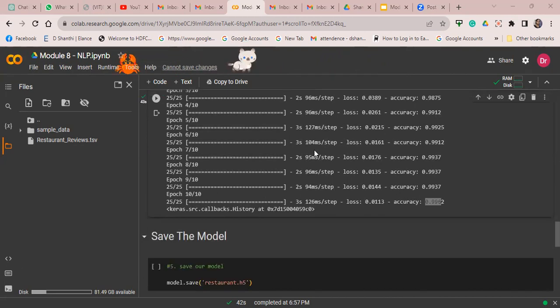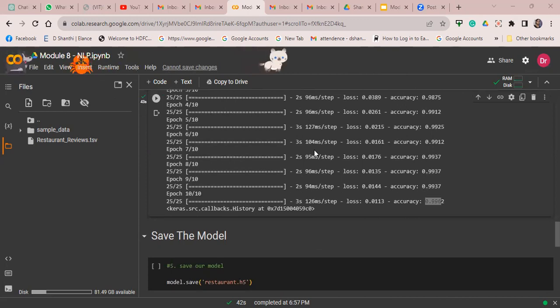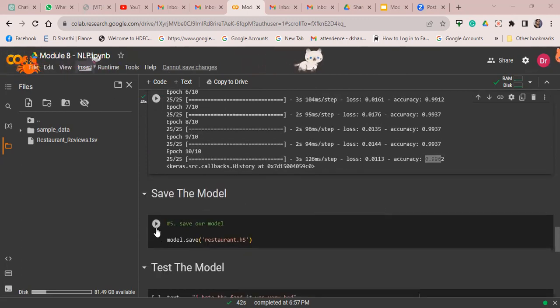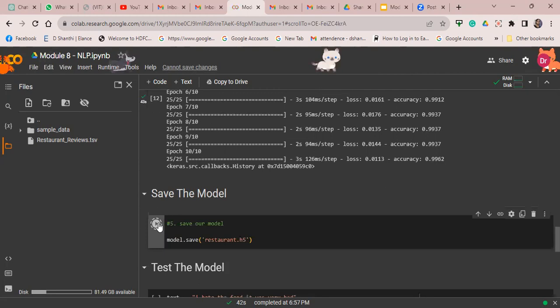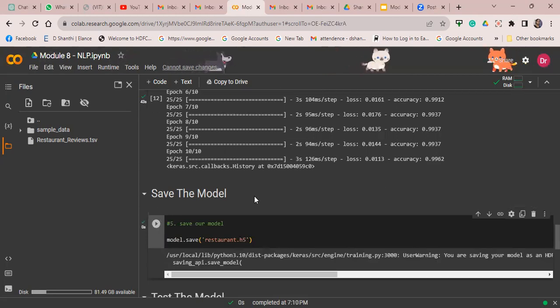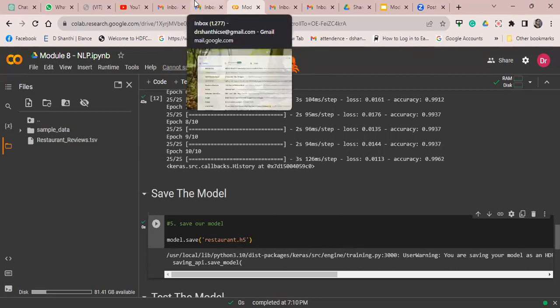Okay. Now we are going to save the model. This is the syntax to save the model: model.save restaurant.h5. The complete model along with the weights, everything, your trained values, will all be saved in